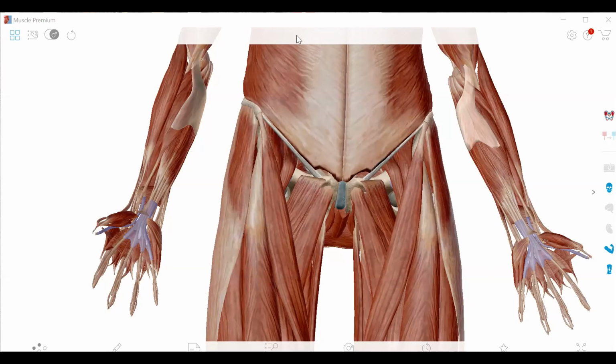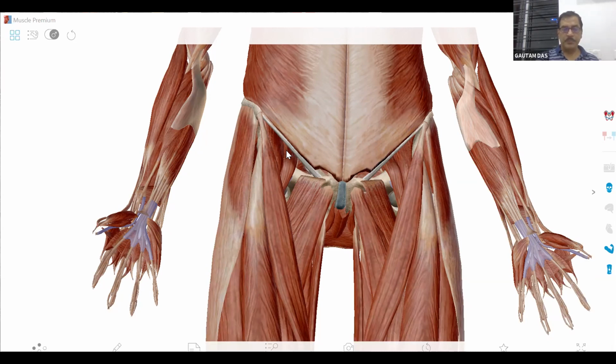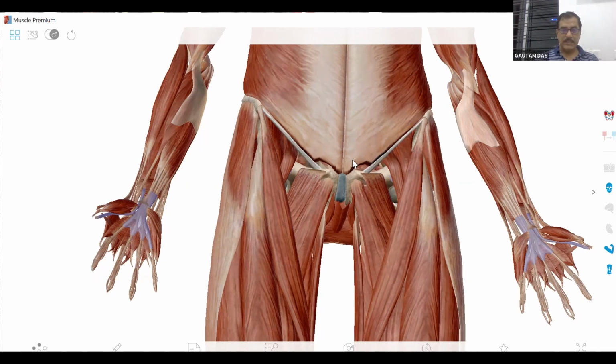Okay. So I'll be just showing the anatomy a little bit, and then again the same sequence. Then I'll be talking about the causes of hip pain: anterior hip pain, lateral hip pain, medial hip pain, posterior hip pain, and referred pain as well. And after that, we'll be talking about the evaluation. So let us start with the muscles.